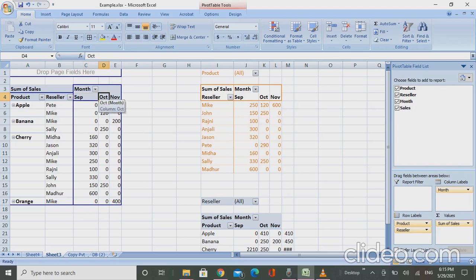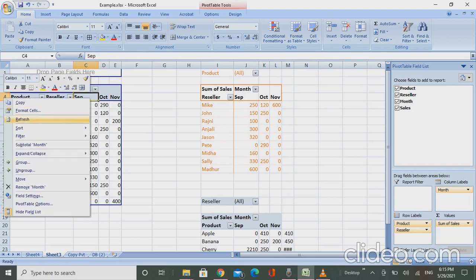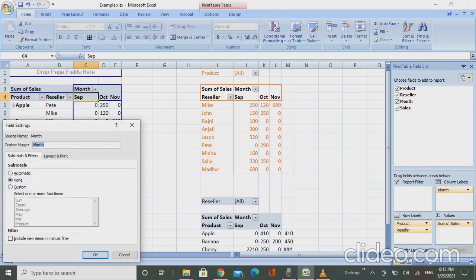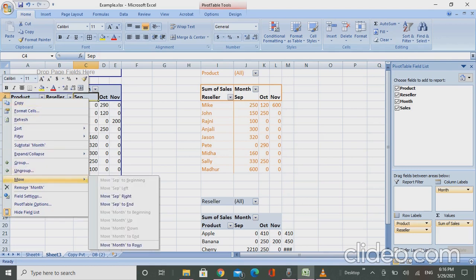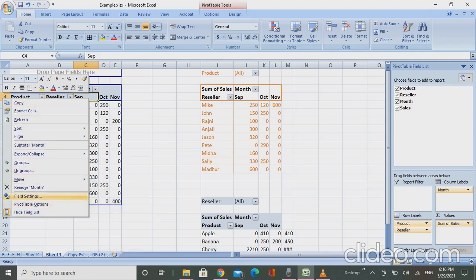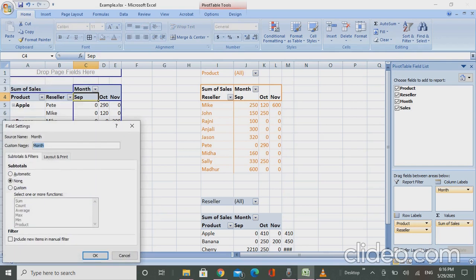If you want to have any count of anything, you can do that by going to this tab. I have gone to this tab by pressing the right key, and then I'll go to pivot table options, field settings options, sorry, and I'll do customs. I'll go to count. I'll do OK.